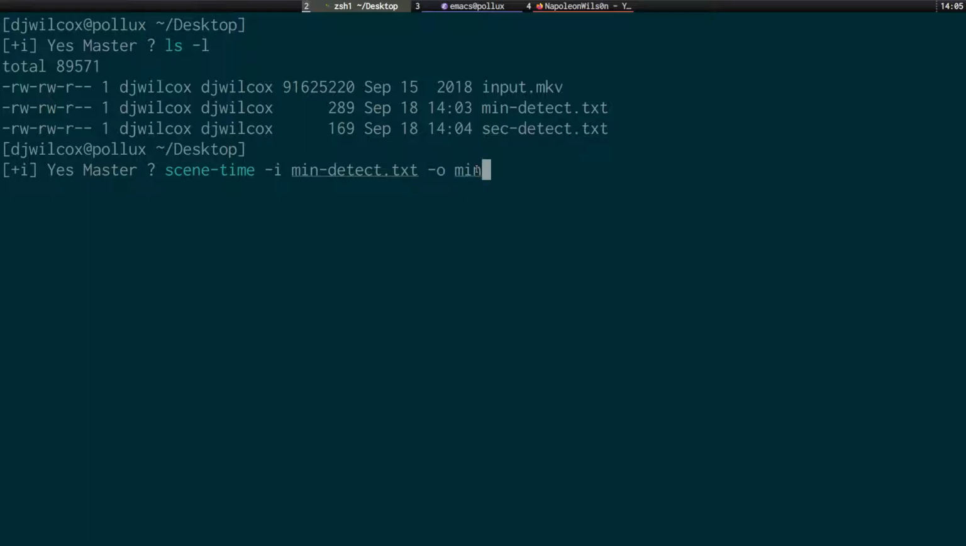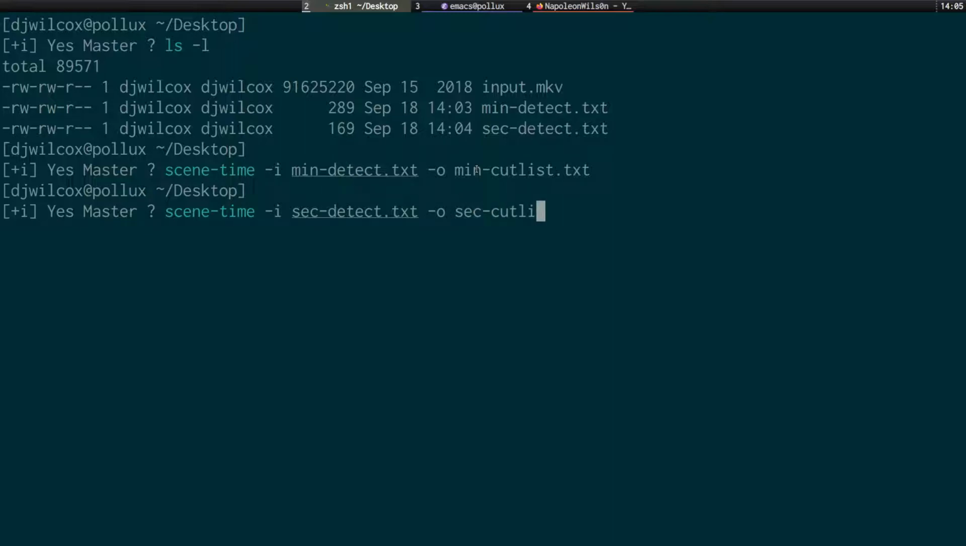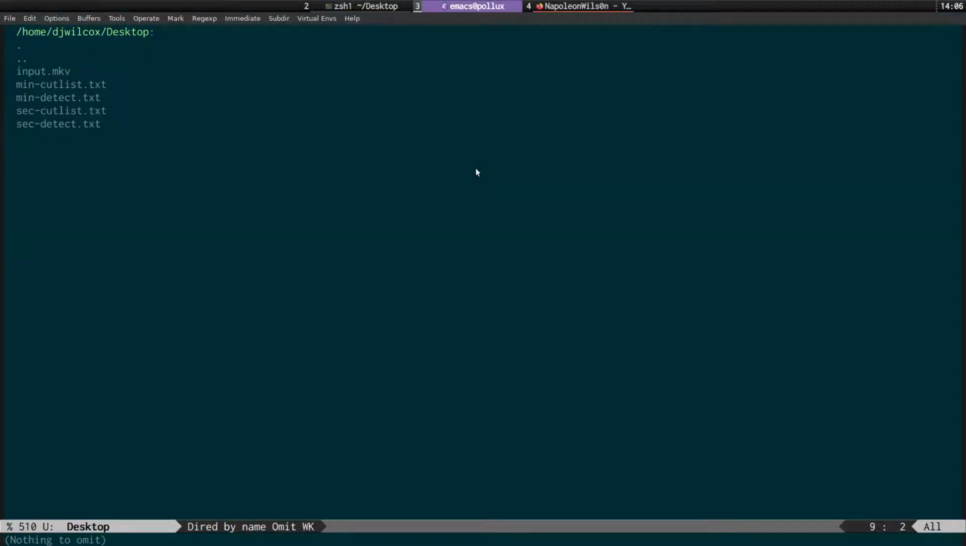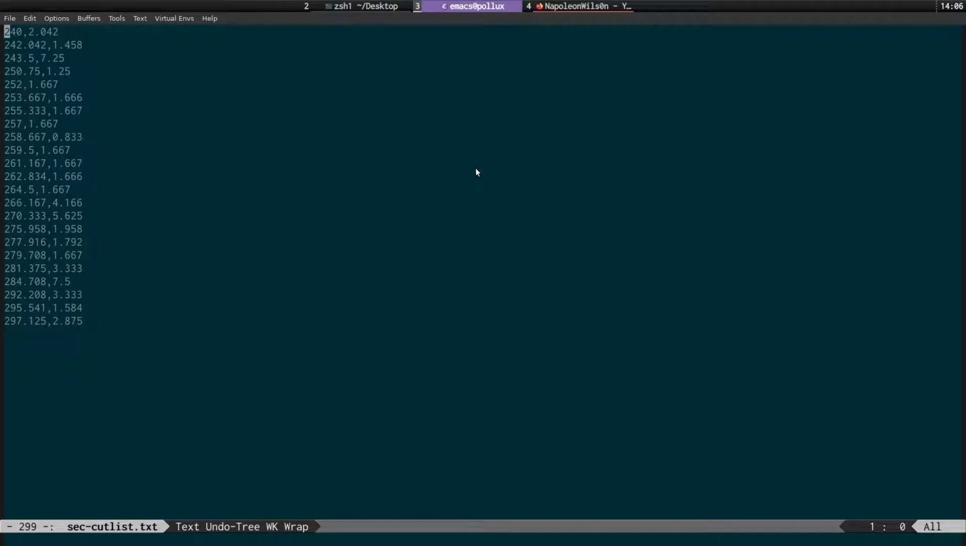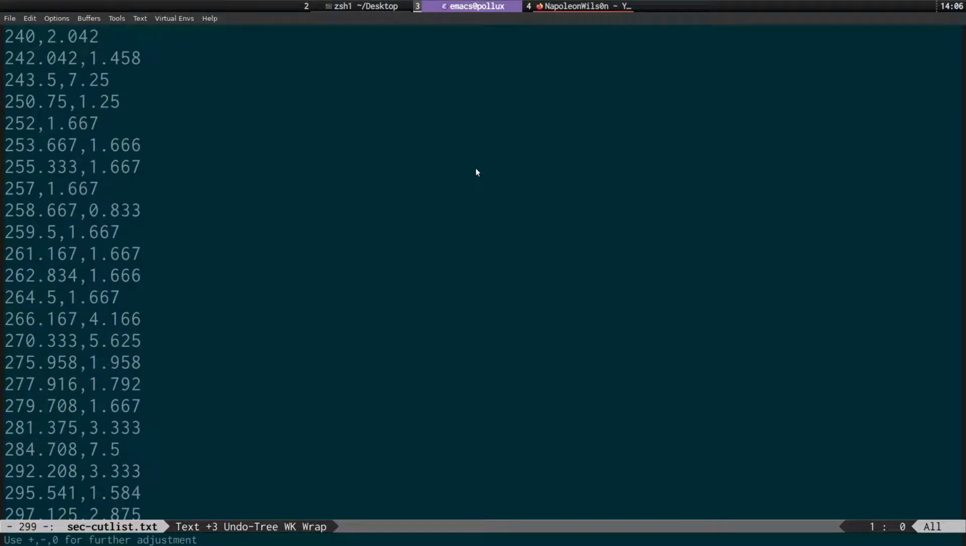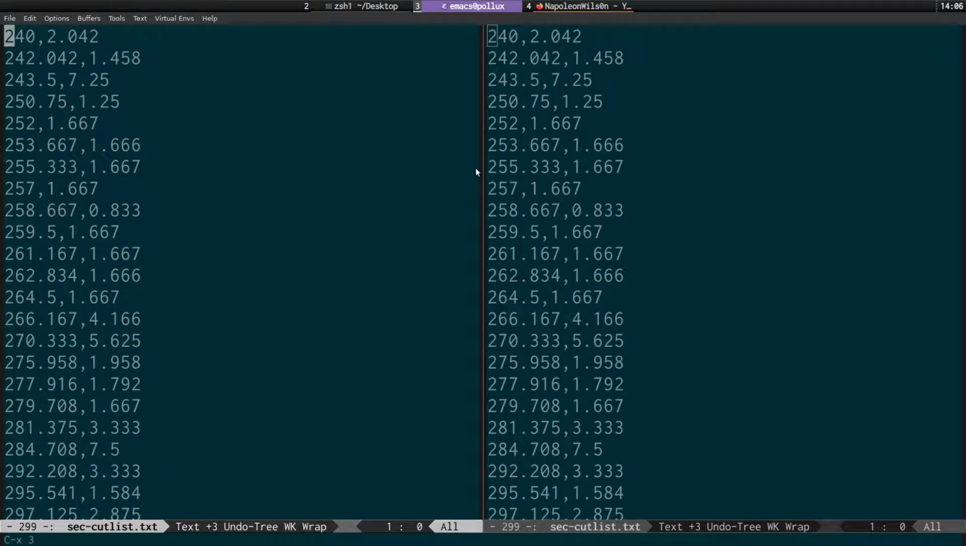So we'll do min cut list dot text, and we'll do the same thing for the seconds detection. So out sec cut list, and I'll just switch across to Emacs here. And what we've got is the seconds cut list and the minutes cut list. So I'll just open these up and show you what they look like. So basically, let me open the